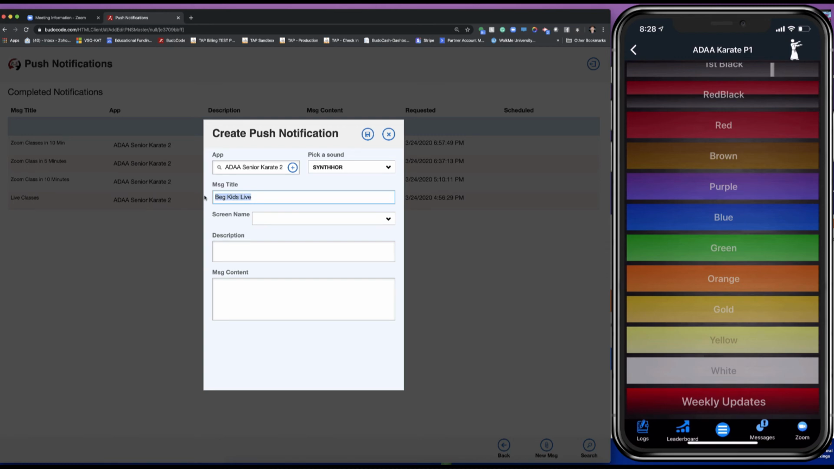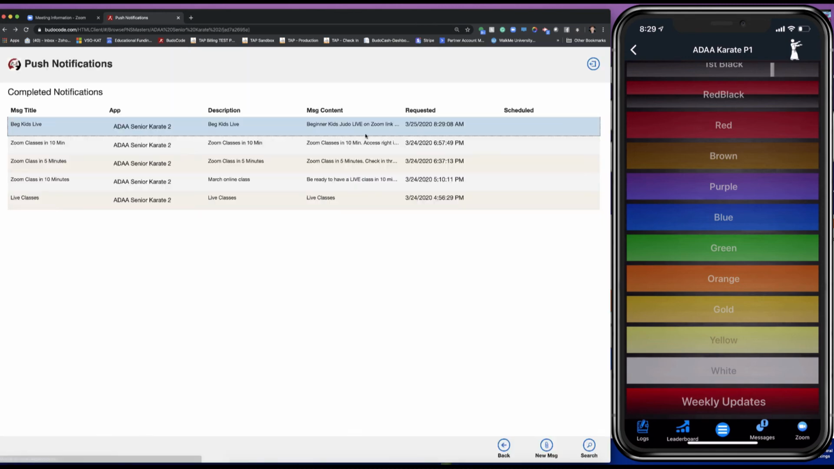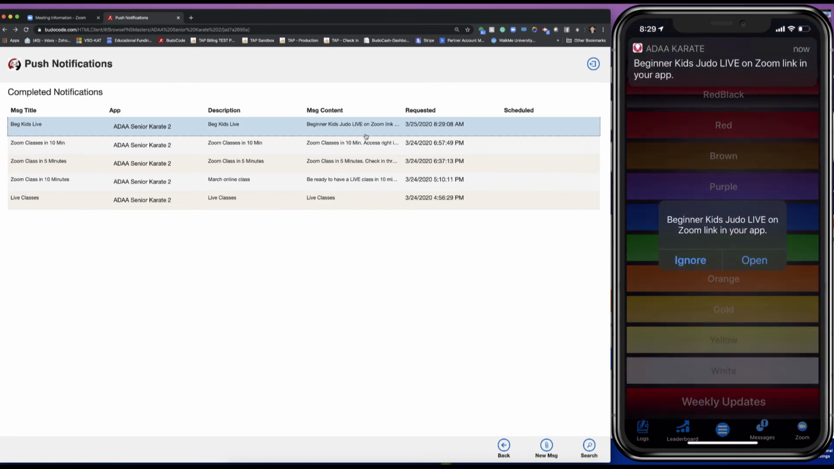So for the title, I can search that. I'm going to just use this very quickly here like this. So we'll do, and I'm going to go ahead and hit save, and that's going to send that push notification out. And there it is. So now that they've been notified, let's go set up a Zoom meeting and run a